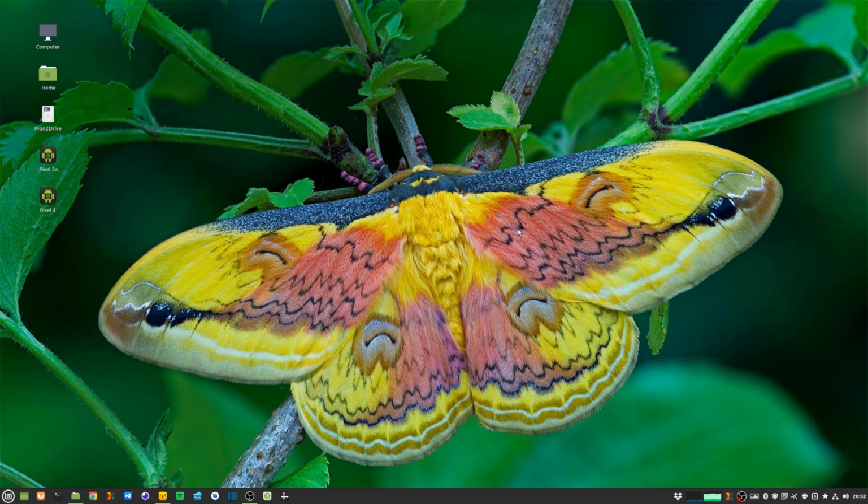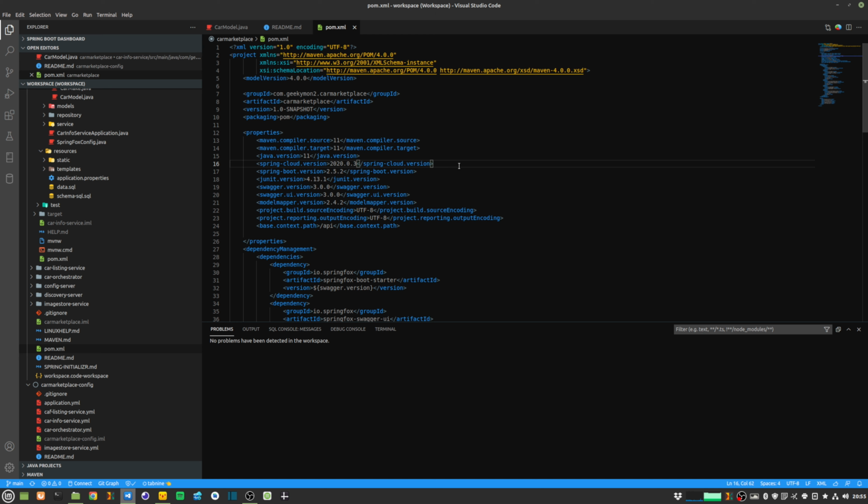Now we'll go ahead and have a look at some of the apps that I use. I'm a real big fan of Visual Studio Code, and I was initially using this for my Flutter development, but I have also recently started using this for my backend Java development. It really serves its purpose. There's a lot of customizations and extensions available, and it really makes a developer's life really easy.